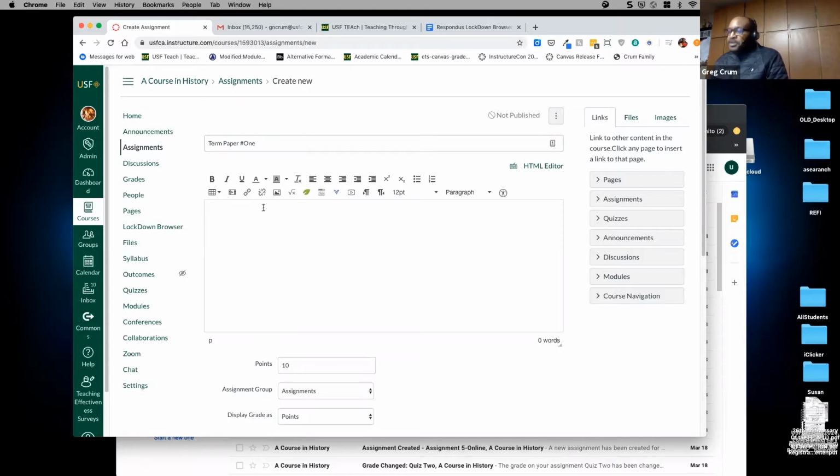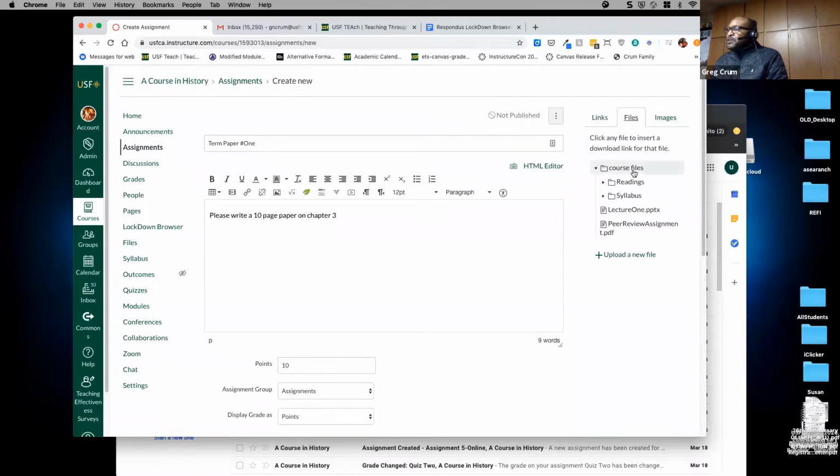In this area here, I'm going to give the details of the assignment, what students need to do, what I'm expecting, etc. So notice here, I can link and embed certain assets and materials that pertain to this assignment. So if I go over to the files area,